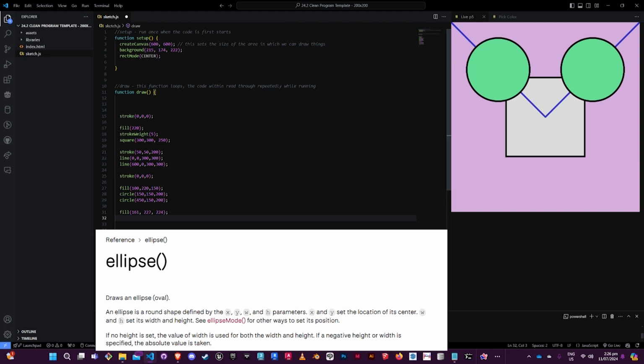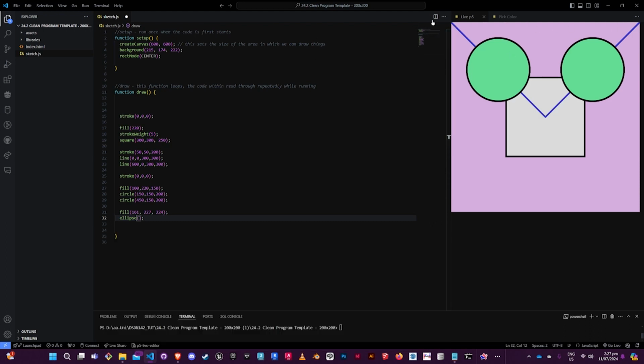I'm going to be using the ellipse tool to draw this oval, and that is very similar to the circle, except instead of giving it one value for its size, sort of overall size, you give it an x and y value for its width and height. So thinking about how x is along, y is up and down, x and y is the same when it comes to size. So just give it 350,